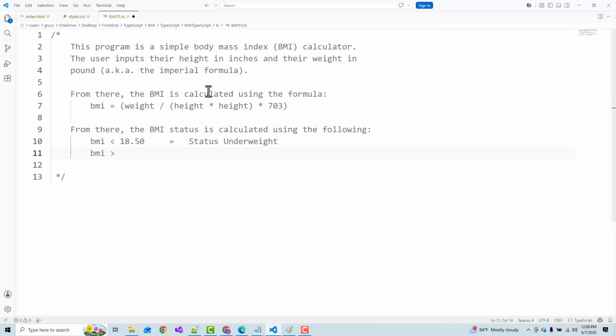BMI greater than or equal to 18.50 and less than 25.00